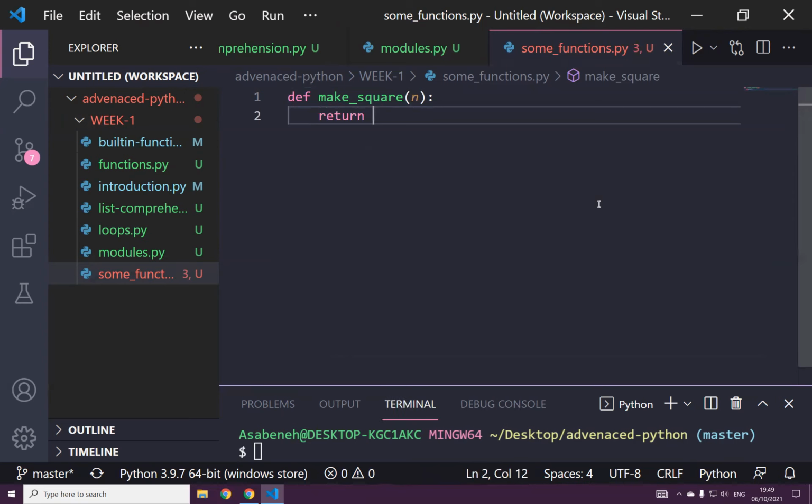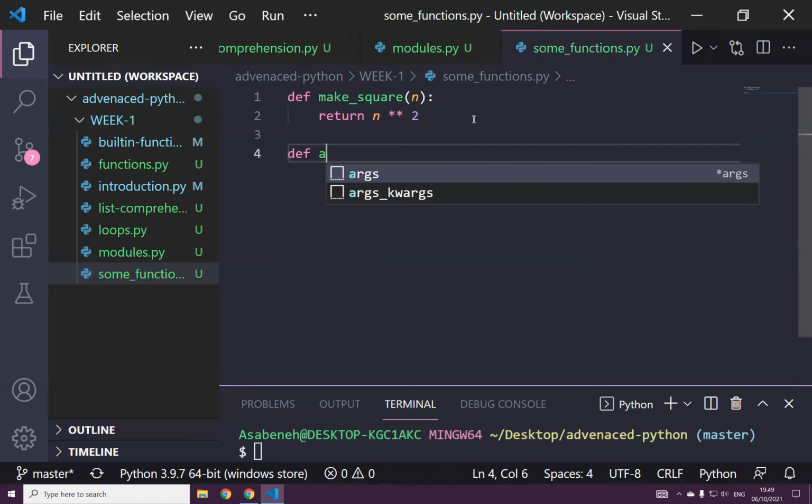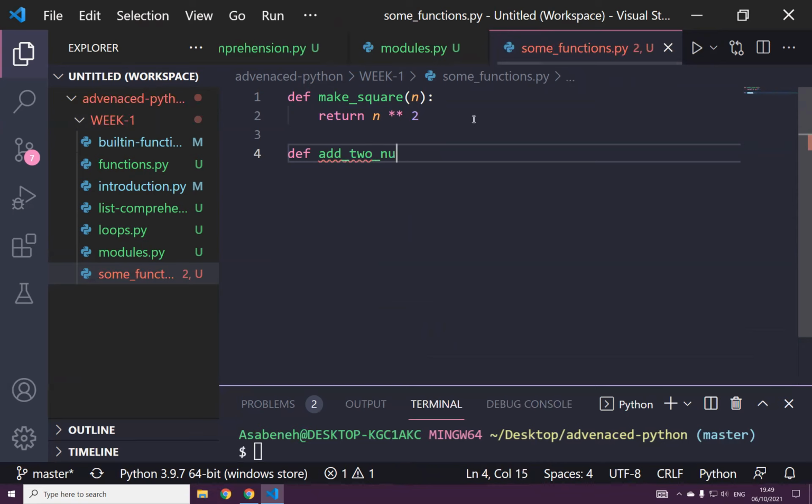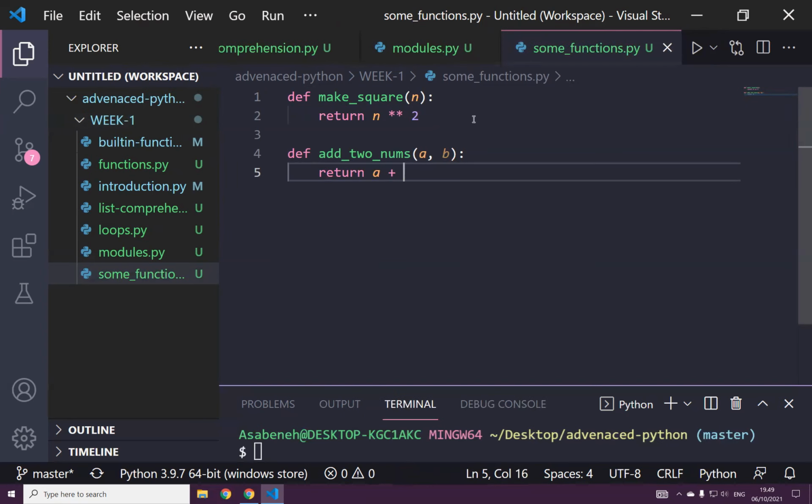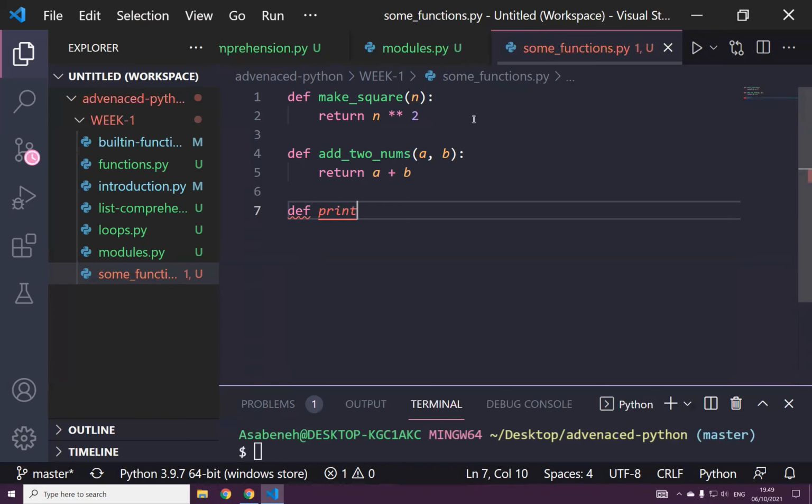And I can return. And do you know the purpose of this? I think you know, so I don't have to explain. Let's add another. Add two nums a and b, and let's return a plus b. Yeah. And let's def print